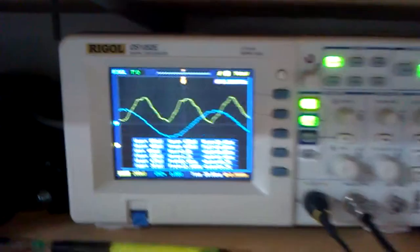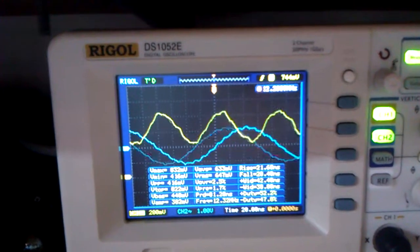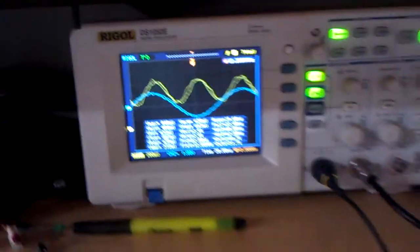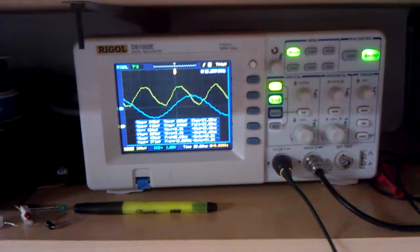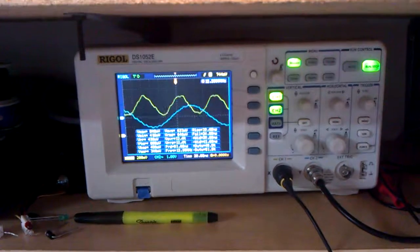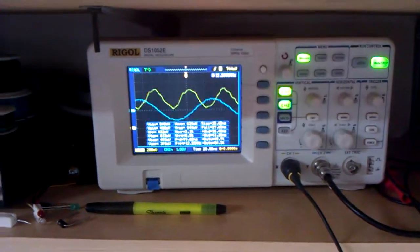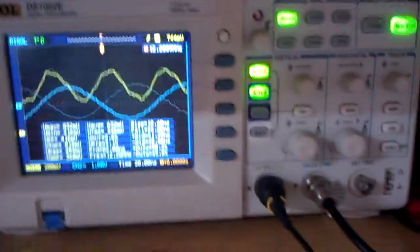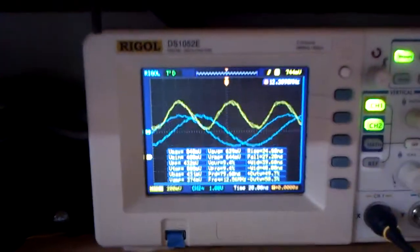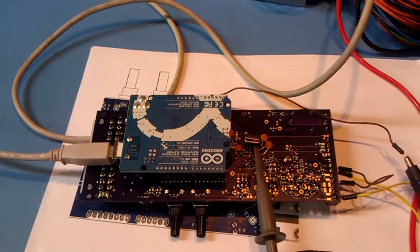So I dialed that in first and made sure that I could get the waveform on there, and I had the trigger set so that it was nice and neat. And then when I flipped over to this thing, I flipped the trigger around. I can't tell you the number of times I've chased like 100 millivolt, 60 hertz noise late at night, just not thinking, wondering, where's this waveform coming from? Why does it look weird? And it turns out that I'm just looking at it completely orders of magnitude wrong. So this helps me a lot. And sometimes I'll do it and then just unplug it and plug my probe in, since it's only a 2-channel. But yeah, this is working,